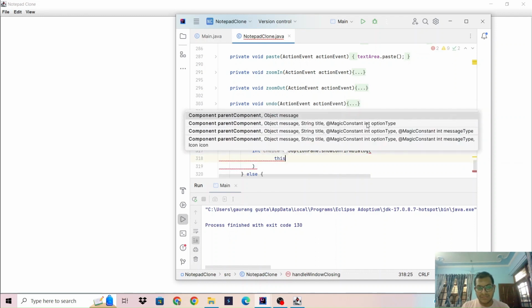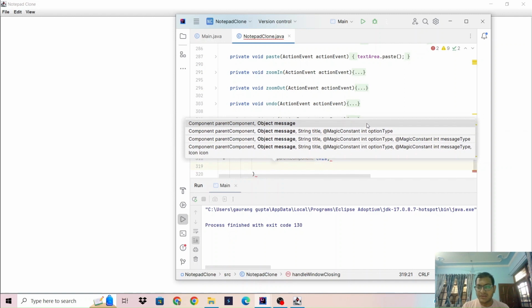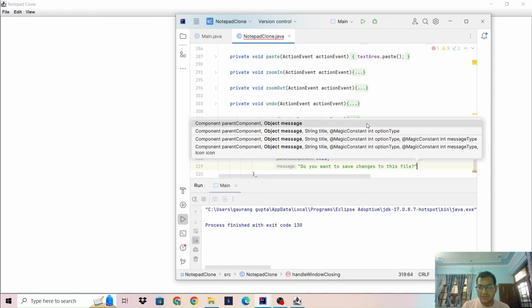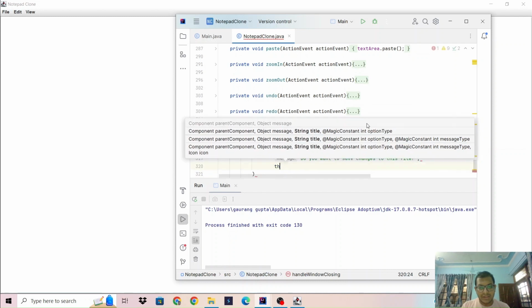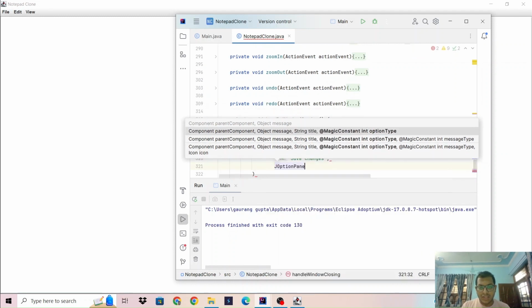Then we will pass some variables. So this, then we will ask the user, do you want to save changes to this file, and a question mark. Then we will give the title which will be save changes